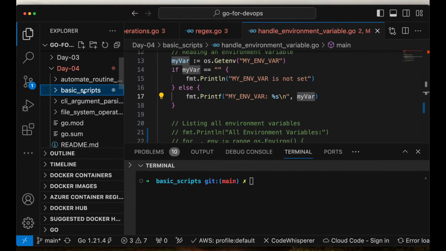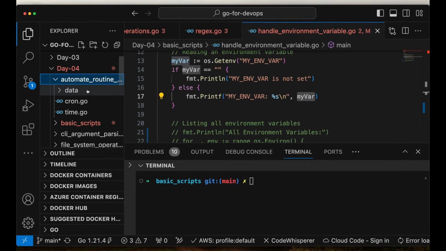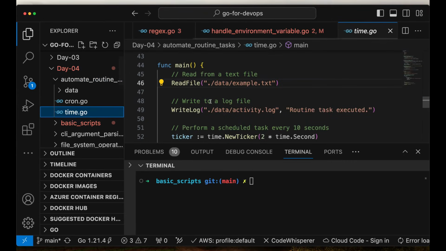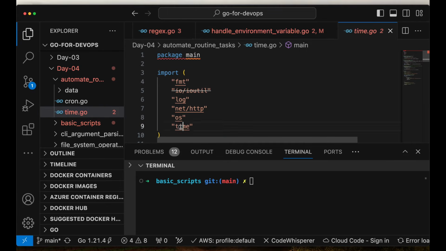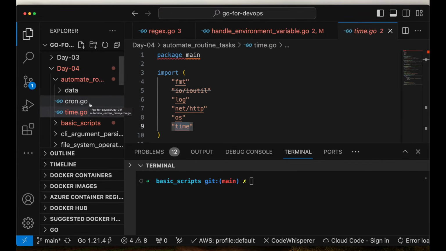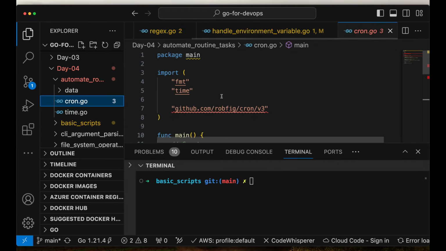Now this is all about the basic script. Now for example, if you want to automate a routine task, how do you do it? To do the routine task, you can do it many ways, but the most common, the most useful ways are two ways. First one is using the time module, the time package. Okay, using that you can do it. Or if you want to do the kind of a cron job, and you want to utilize the cron